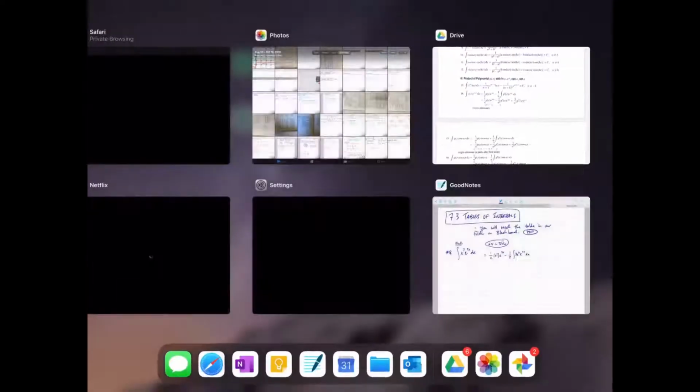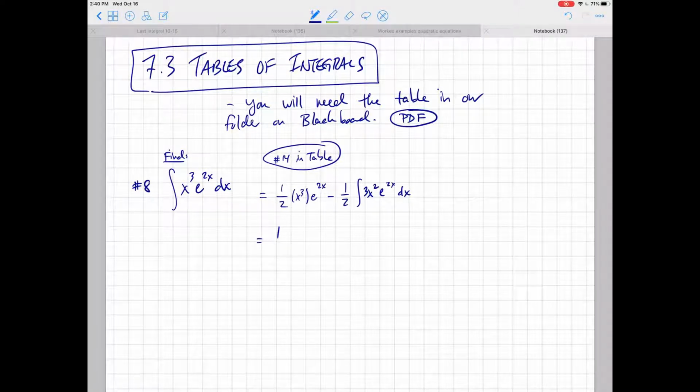So we're going to use that to continue this line. This should really be 1/2 x cubed e to the 2x minus 1 over a squared, so that's 1 over 4, p prime of x, so that's 3x squared e to the 2x, plus 1 over a cubed, so 1/8, second derivative of p, which is 6x times e to the ax,